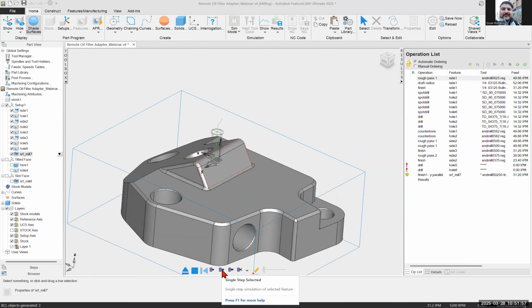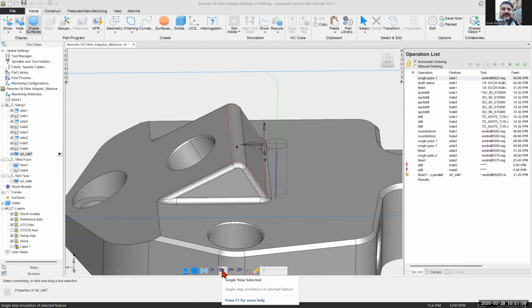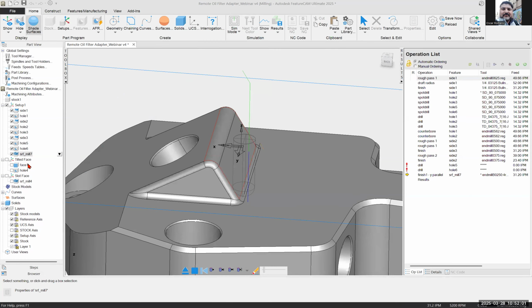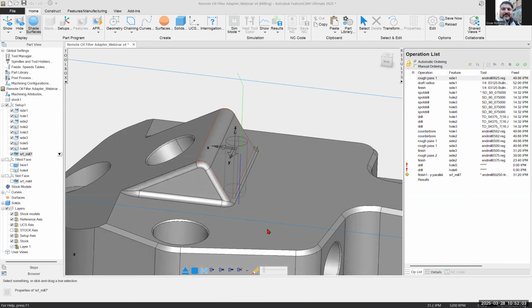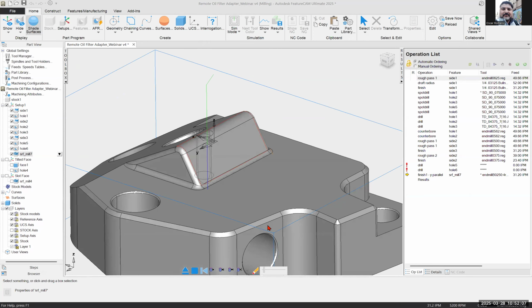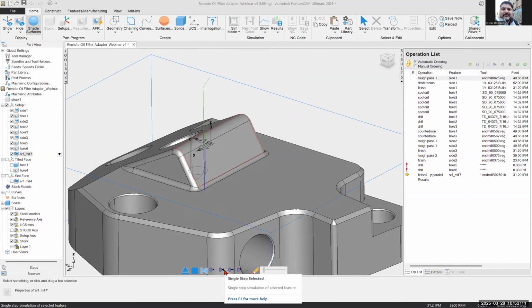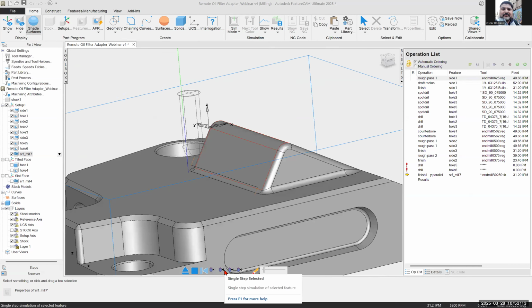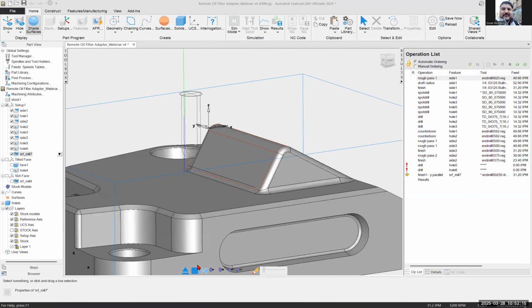There we go. Yeah, somehow the 3 operations was not allowing me. I believe it's just kind of got stuck in one of these 2 orientations, but this is really what I wanted to get as far as the orientation goes. So right now what we're seeing is a preview. Let me get this in a better view of our tool going from the bottom and coming right up the side of the part and also finishing that radius. Of course,